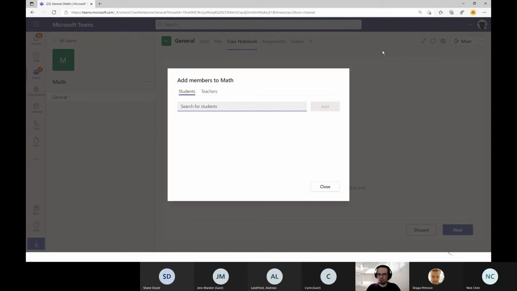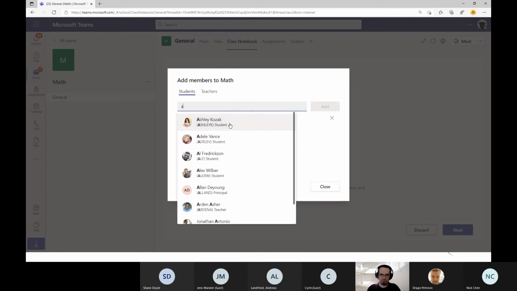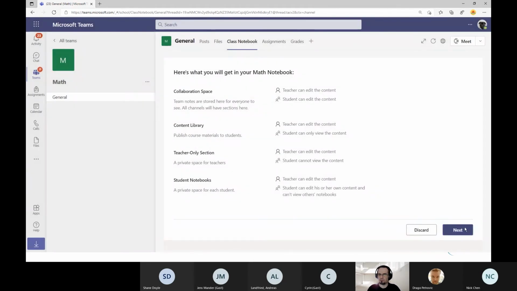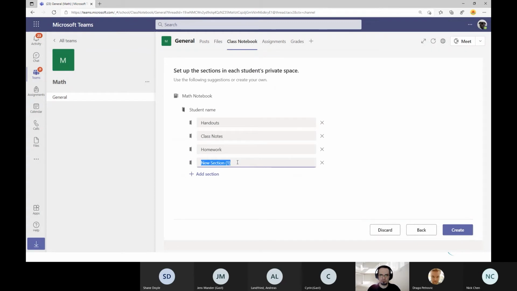Oh, that is always a pain. Yeah, student. And one more. Maybe Ashley. There is Ashley. So I added 2 students, and now I will create one notebook. I will call this